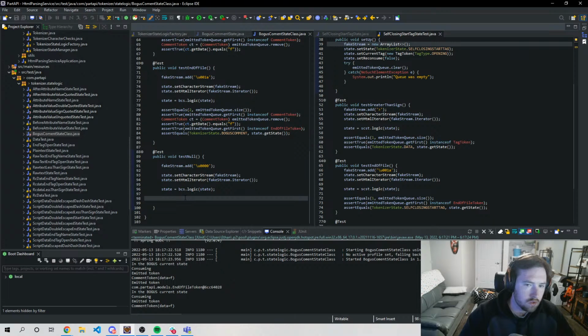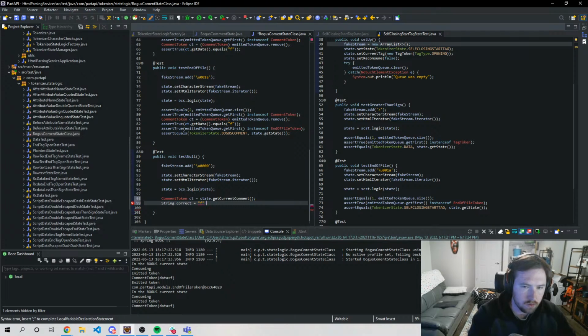Okay, so that means we need to get the comment token. CT equals state.get current comment, and then we need to say how are we going to do this? We'll say string correct, I guess, equal to